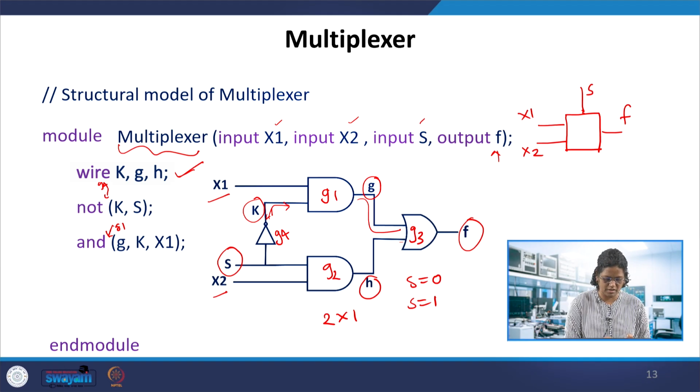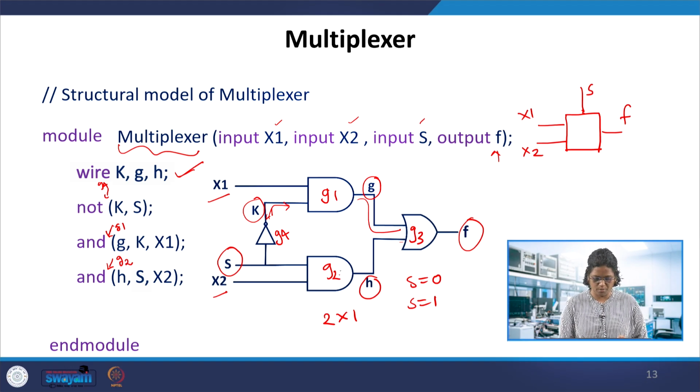K is defined here as a wire. So this is a wire, capital K, sorry. And then the AND gate, and similarly another AND, this is H, and the input is S and X2. So S and X2 are again the inputs to the gate. Here we can write this, it is G2.